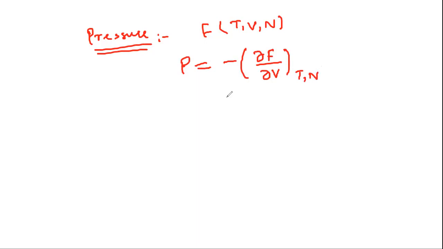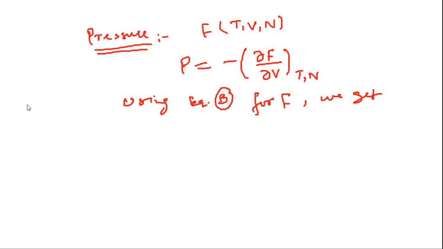So our pressure is minus the partial derivative of F with V at constant T and N. So using equation B for F, we get,